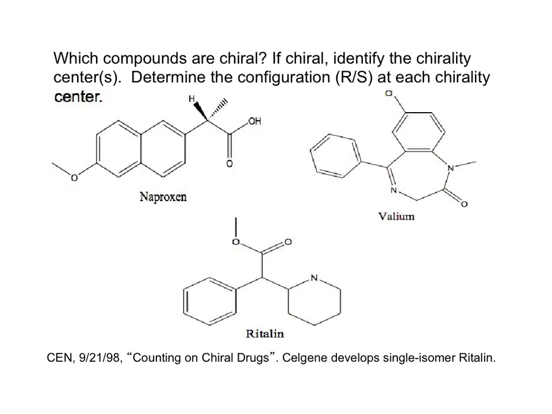Naproxen is a common over-the-counter analgesic. Ritalin is used to treat attention deficit disorder. Valium is used to treat anxiety. Stop the video and determine which compounds are chiral, and then determine the configuration of each chirality center. So the answers are, each chirality center is circled in red, and the configurations are